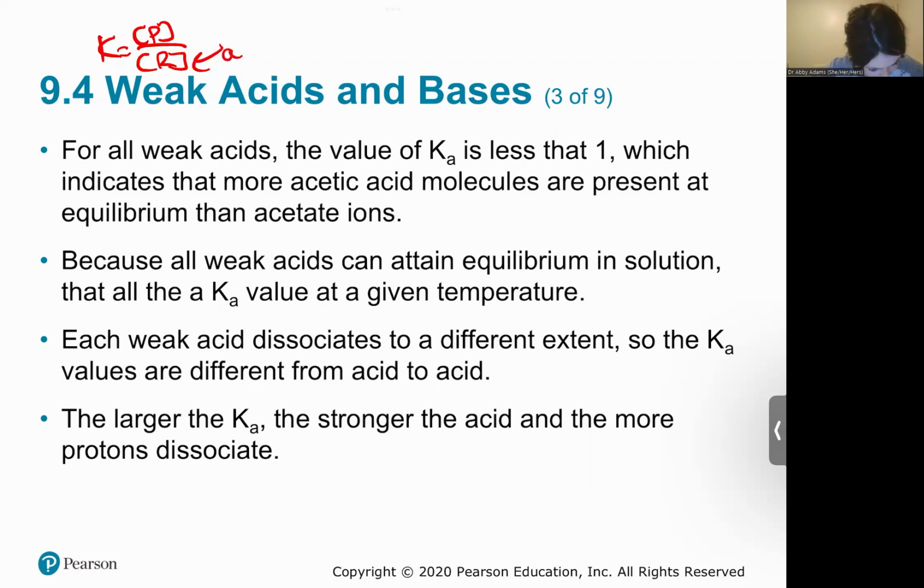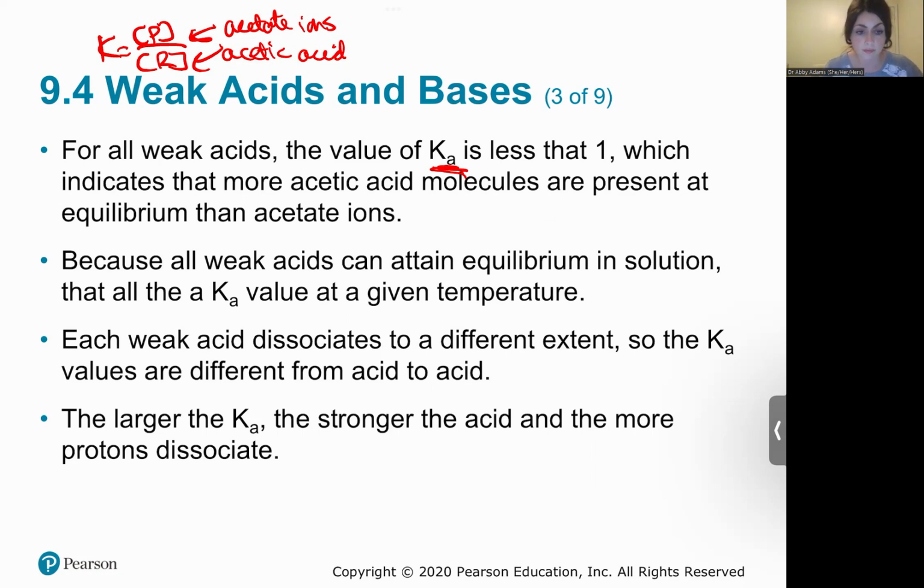That was your acetic acid and your reactants with water, right? And then you had some acetate ions, but a much lesser value, more like 5%. So that would basically mean that you're going to have a Ka of less than 1. Because all of those weak acids are going to attain some equilibrium in solution, or they can,